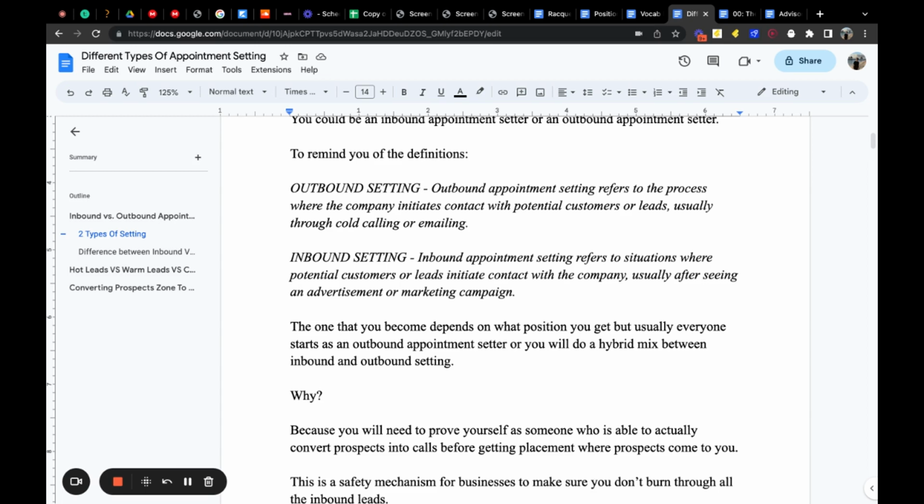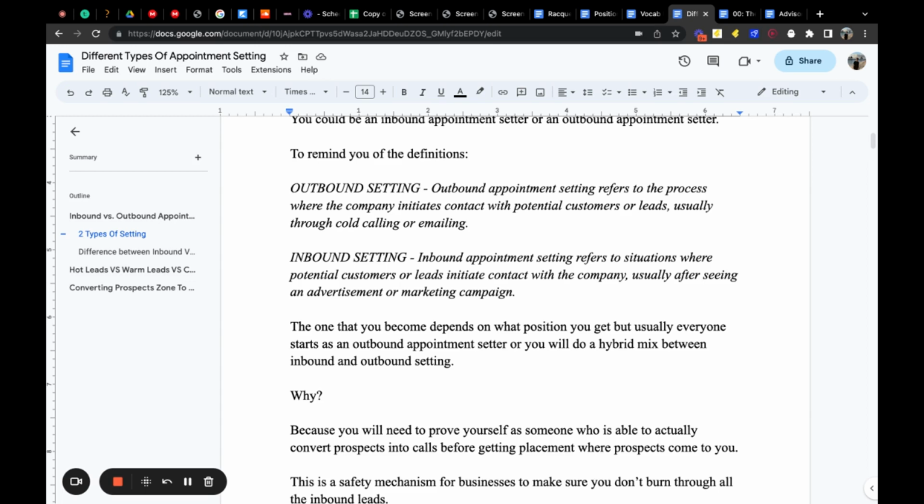All of the attention flows to them, and they don't need to do any outbound. And then there are also businesses that rely on outbound lead flow, where appointment setters like you, VAs, or an automated system or software will be sending out outbound messages, and then you will be the one handling the replies,